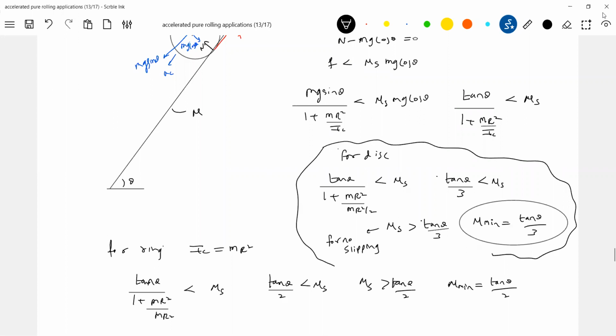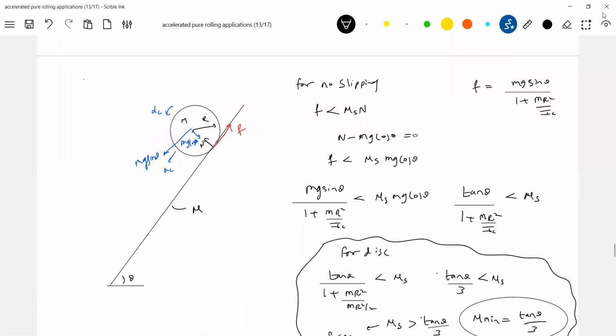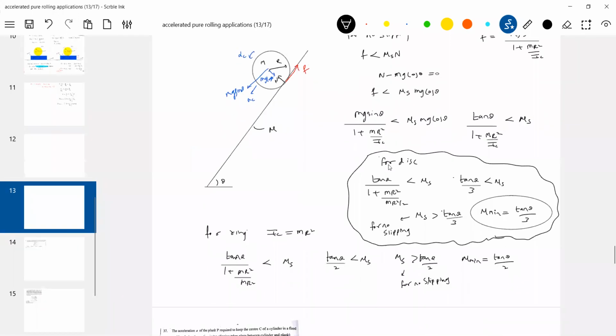Somebody is asking, sir, why this condition for no slipping? And again, this is for no slipping. If the mu is less than this mu minimum, then what happens? You release the rigid body, it will undergo slipping. It will undergo slipping, so what conditions should I assume, sir? The friction you should not write as small f, you should write fk. Able to understand the basic necessity of this?